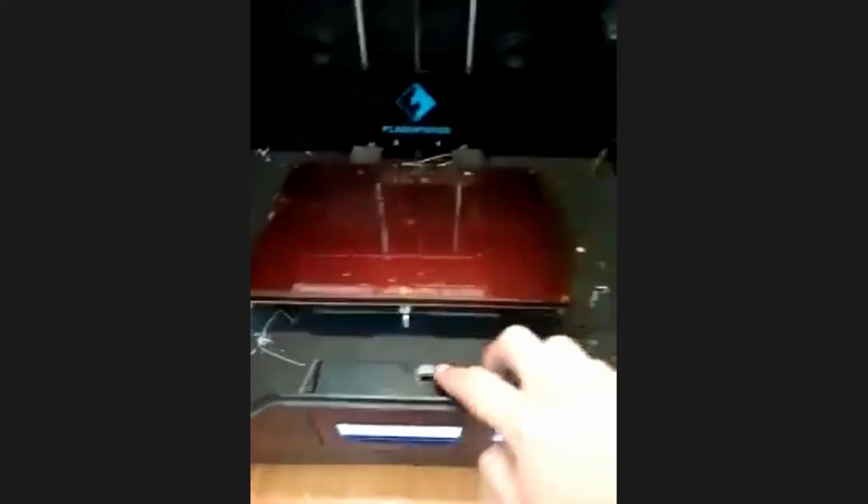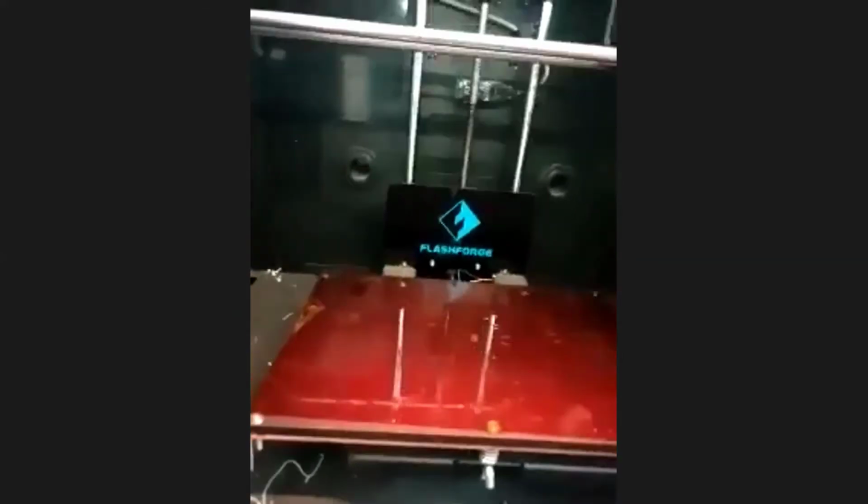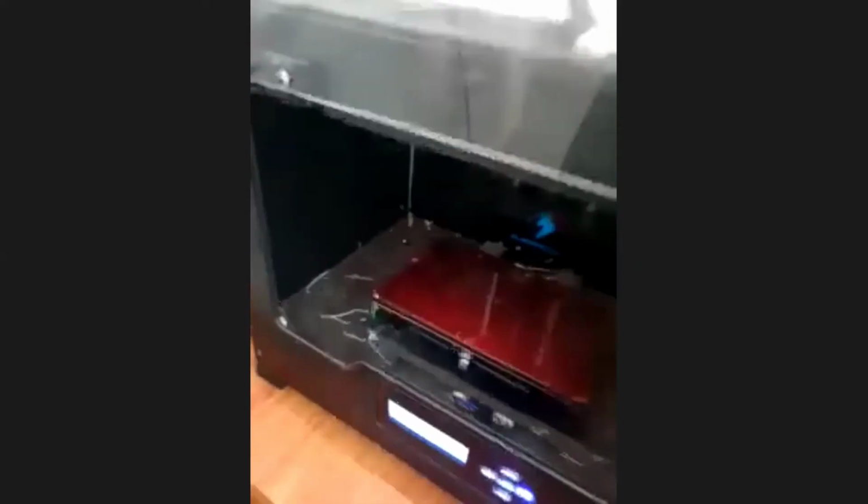I've just fit it back in. You can see that this is the extruder. I have a dual extrusion, but I'm going to be using only the right extruder. Why do I need dual? When can you use dual? Let me just bring it near. See. When can we use dual? When I want to print multicolor. Right now I have no such objective in mind.